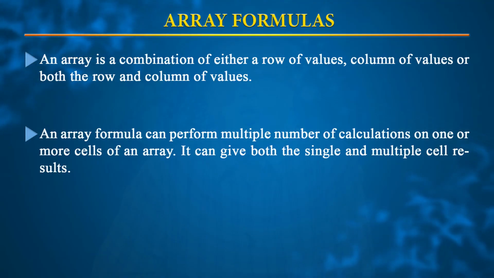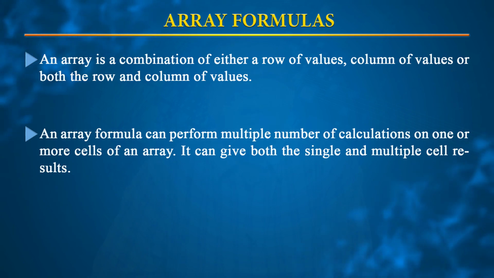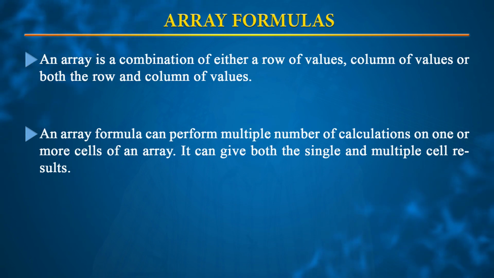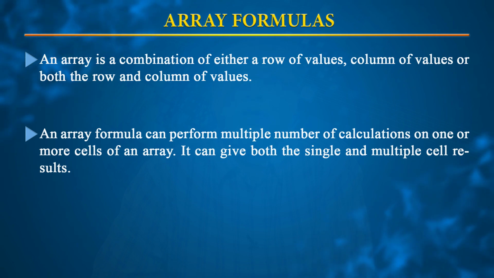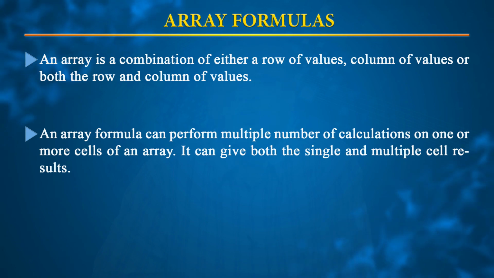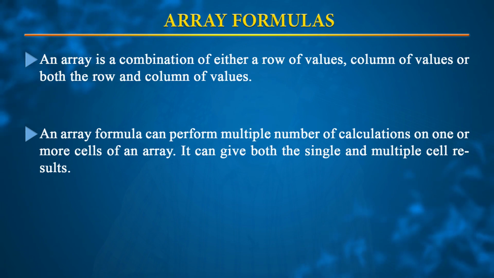Now there is a separate class of formula which is called array formula. Say you have two columns, B1 and C1, and you want to multiply each component of B1 into C1, and get the results in, say, D1. So you select the cell D1 and type equal to B1 into C1, then you can copy the formula. Say 1000 entries are there, then it is very difficult to type it again and again. You can copy and paste the formula, that is one of the ways, but